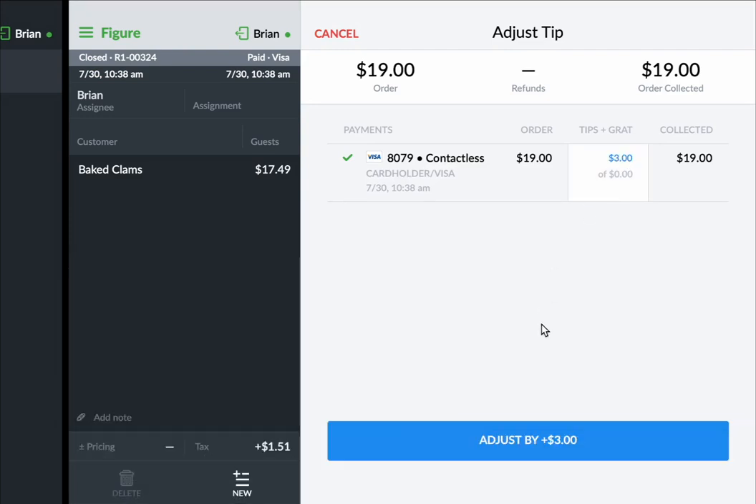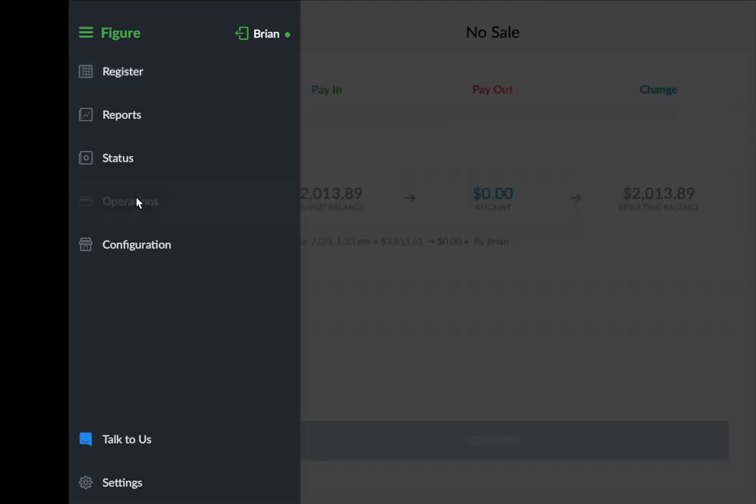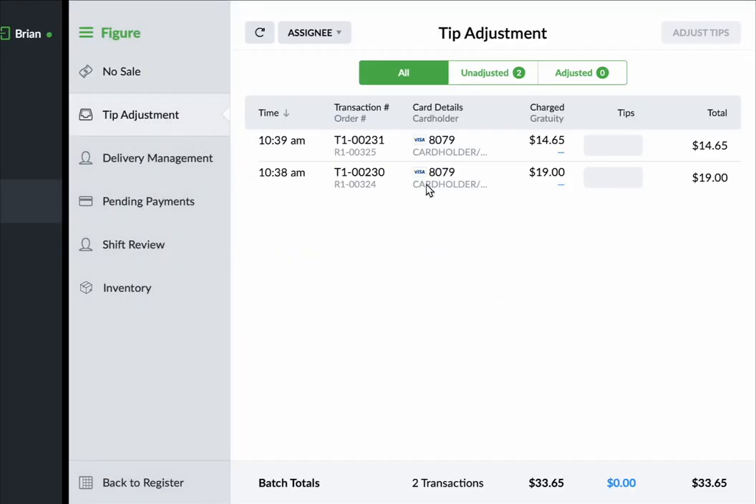And it's imperative that you hit the adjust by button on the bottom of the screen if you'd like that tip to apply to the check. If you don't, it will not. I'm not going to do that for this demo, but that's how you need to do it if you want to collect that tip. Alternatively, up in the top left-hand corner, you can hit Figure and Operations and Tip Adjustment,